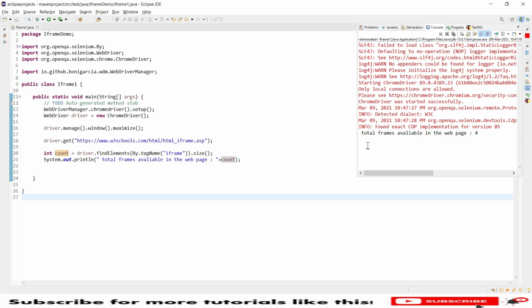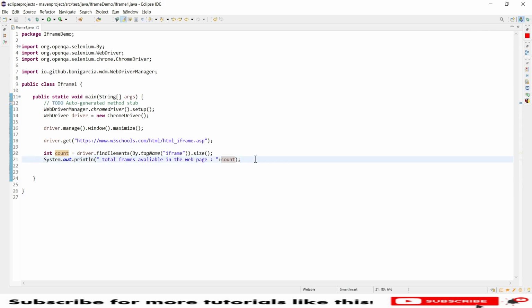Yeah, let's go to this page. Now you can see there are only 4 available on this web page. So this is how you get the count of the iframes, and we have some approaches for how you can switch to an iframe. I will show you the concept of switching to the iframes.